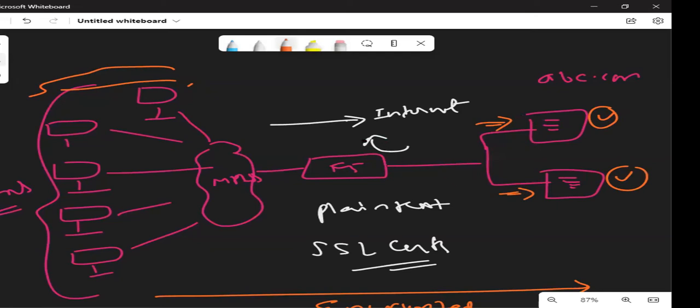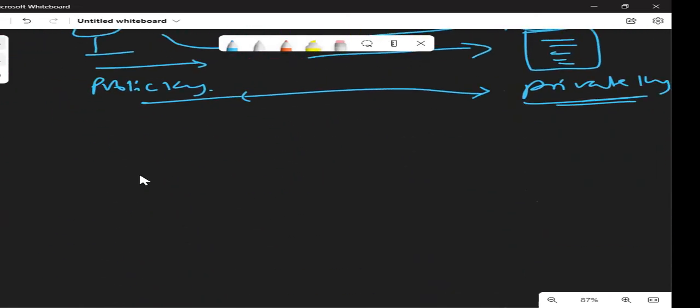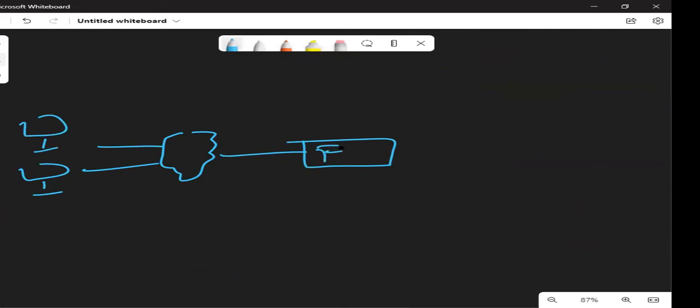What we are doing is putting all of the key management on F5. Now what will F5 do? All of those tons of requests which are coming, F5 will decrypt at this point.